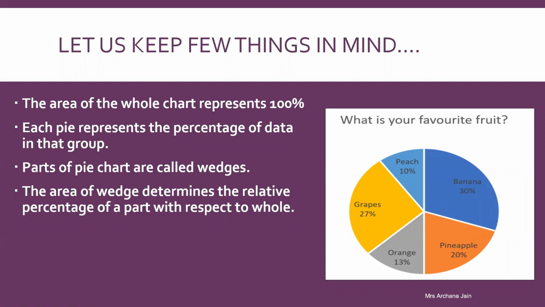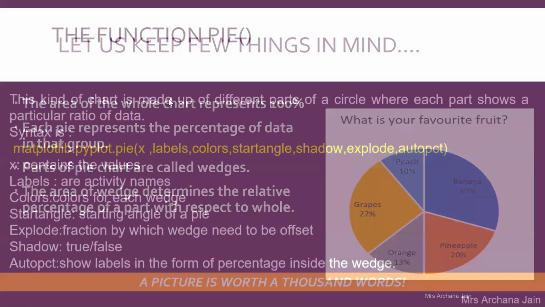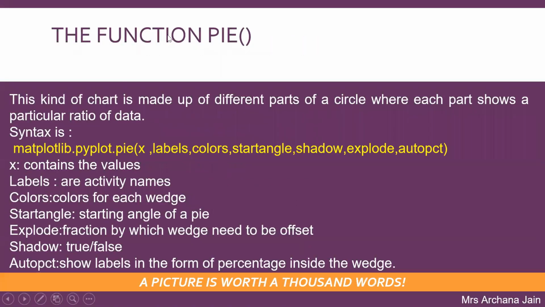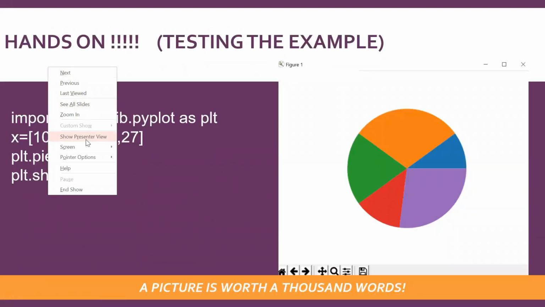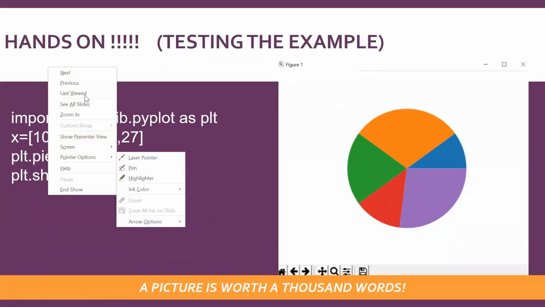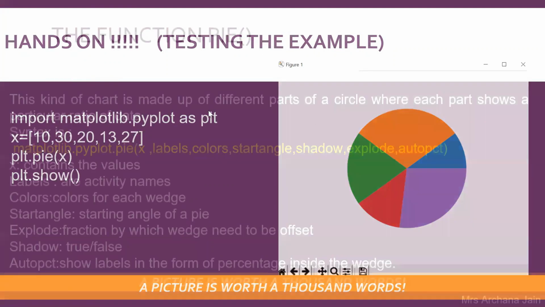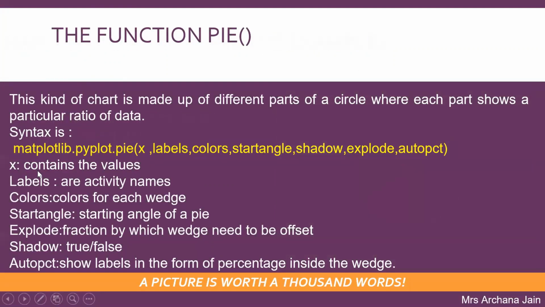Now, a pie chart can be drawn in Python using a function called pie. Like in the bar graph, you use bar, similarly in the pie chart, you will use pie. The first argument is x, which is the data for which you want to plot a graph. Next is labels that you want to show. These are the colors of each wedge. Start angle, how